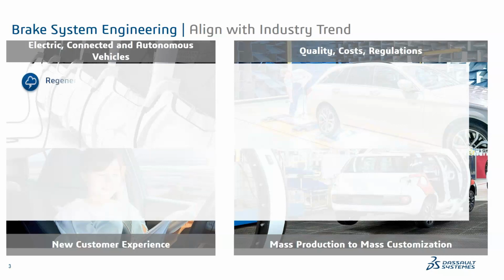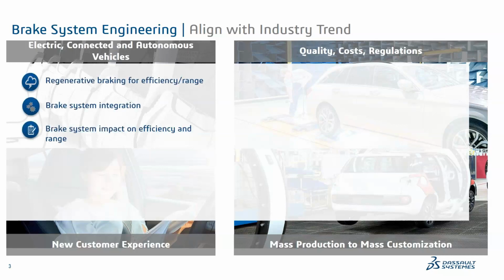When it comes to electric vehicles, there's a lot of buzz about range, and we have been seeing a lot of RBS, regenerative braking systems, for efficiency and range. New regenerative brake systems are needed to meet efficiency and range tests. The brake system needs to be integrated into these new vehicle architectures. If you have an adequate, good braking system which improves your range, then the chances of selling your product in the market are pretty huge. And also